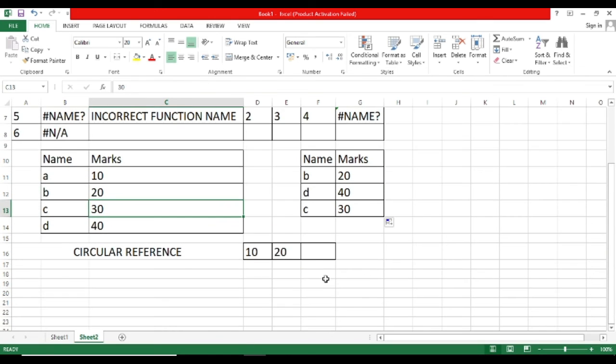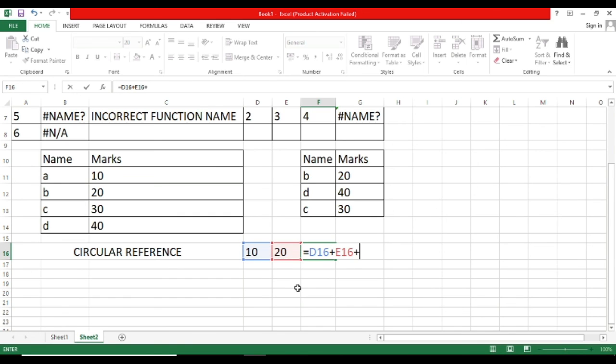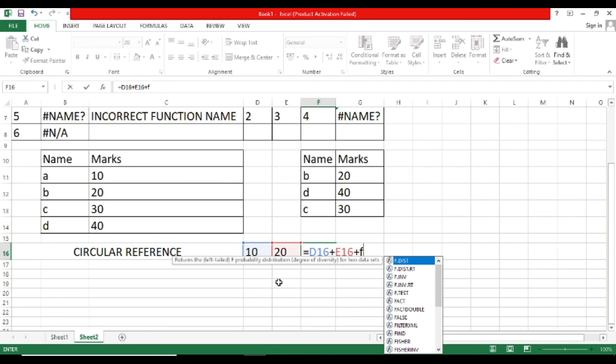Then we will see circular references. What is a circular reference? Suppose I want the addition of these values in this cell. So equal add this, and then this, and by mistake you have given the cell reference of this cell also, suppose F16.